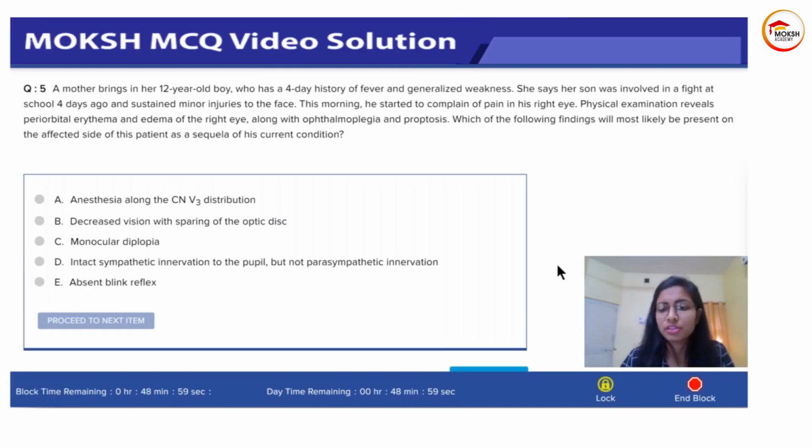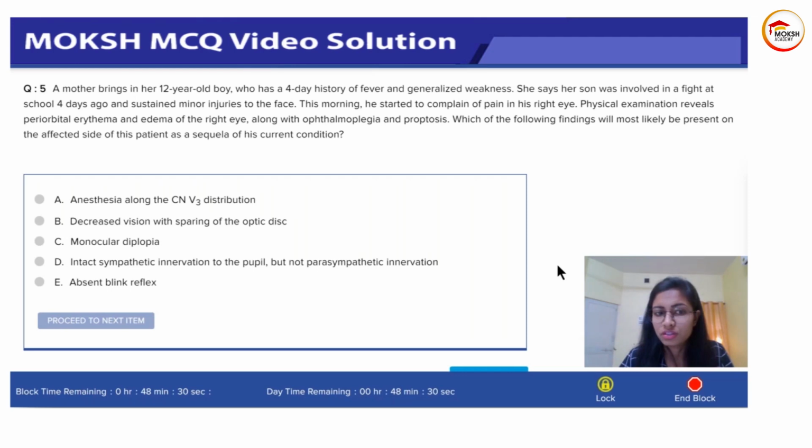A mother brings in her 12-year-old boy who has a 4-day history of fever and generalized weakness. She says her son was involved in a fight at school 4 days ago and sustained minor injuries to the face. This morning, he started to complain of pain in his right eye. Physical examination reveals periorbital erythema and edema of the right eye, along with ophthalmoplegia and proptosis. Which of the following findings will most likely be present on the affected side of this patient as a sequelae